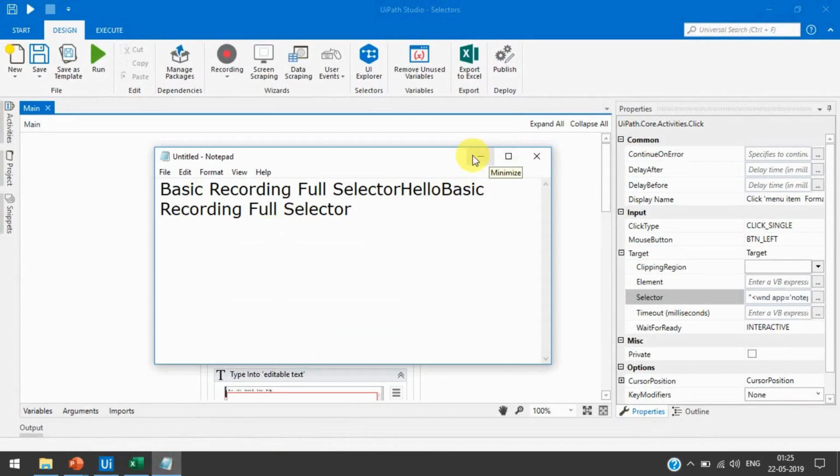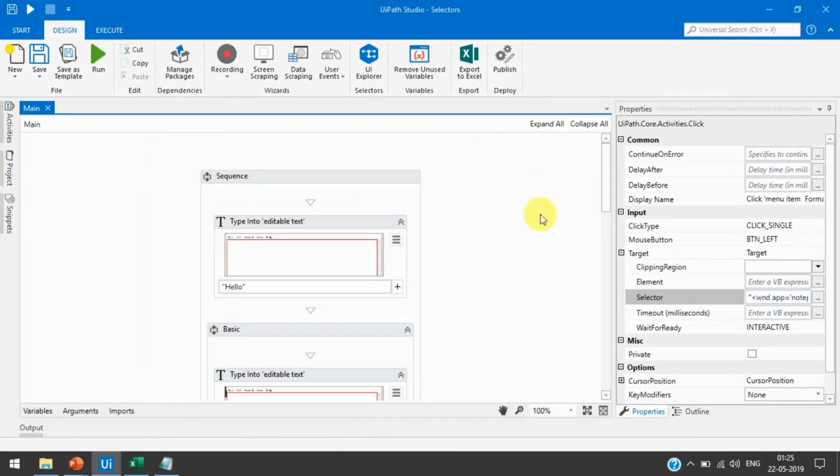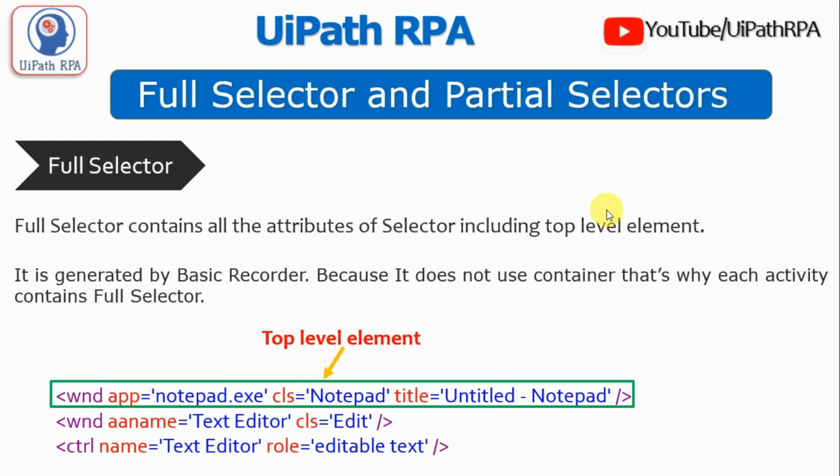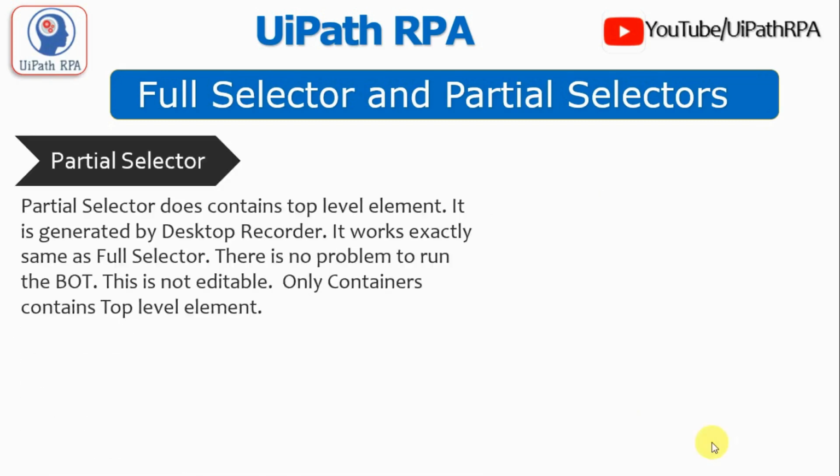And now go to the next, that is partial selector. The partial selector does not contain top level elements. As I already told you, the partial selector will not contain the top level element and the full selector contains the top level elements. It is generated by the desktop recorder. It works exactly the same as the full selector.